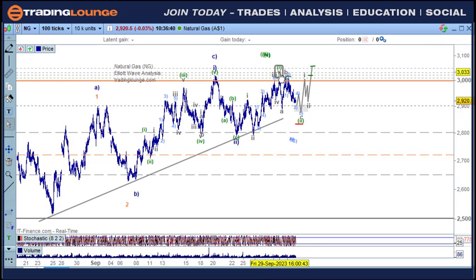But this little spiky top here just took out the top here, so it kind of destroys the ABC pattern here. So then if it's not an ABC, it must be something else, which must be sort of bullish. But at the same time, it's being pinned down by the $3 mark here. I don't know.